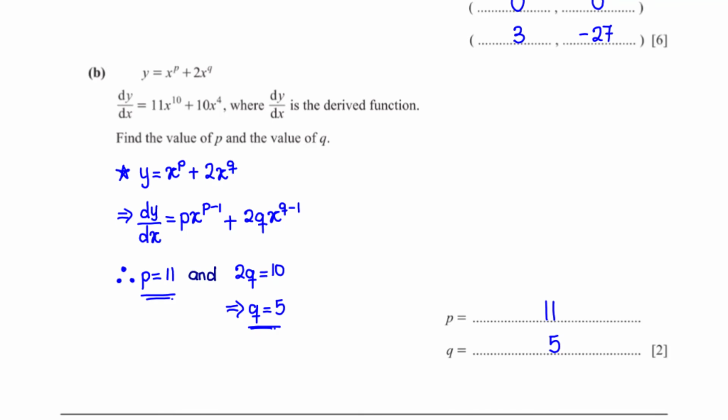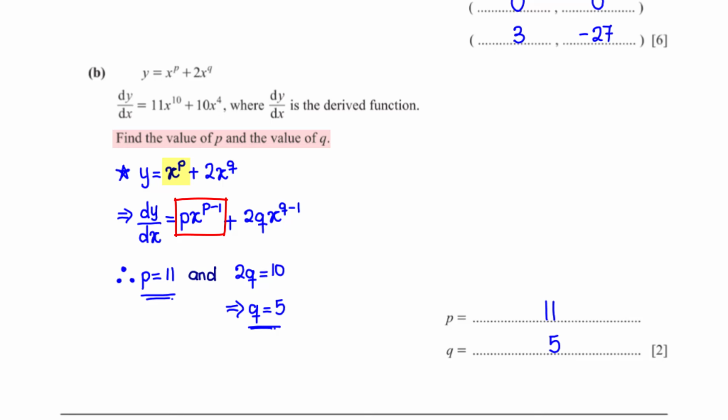y equals x raised to the power p plus 2x raised to the power q. dy/dx equals 11x raised to the power 10 plus 10x raised to the power 4, where dy/dx is the derived function. Find the value of p and the value of q. We need to differentiate y. For x raised to the power p, the power p multiplies the coefficient of x, which is 1, giving us